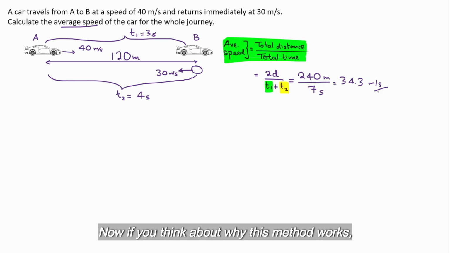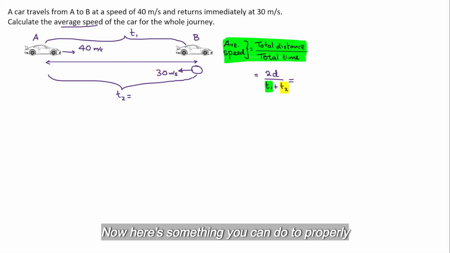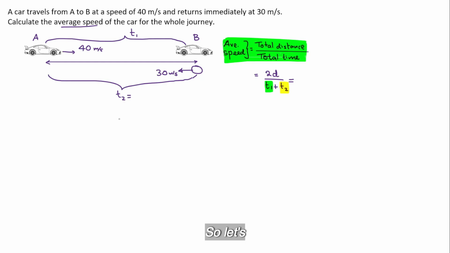Now, if you think about why this method works, if you remember in the previous calculation, the d at the top and the d at the bottom eventually got cancelled out. So it doesn't really matter what the value of d is. Now, here's something you can do to properly understand the fact that the value you assume for d doesn't matter. So let's assume a different value for d. So I'm just going to go with